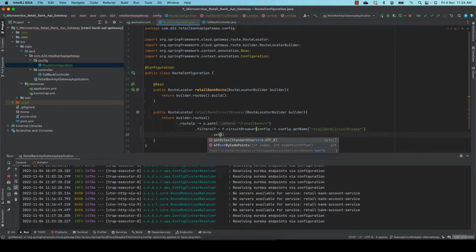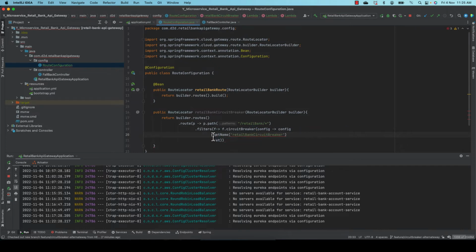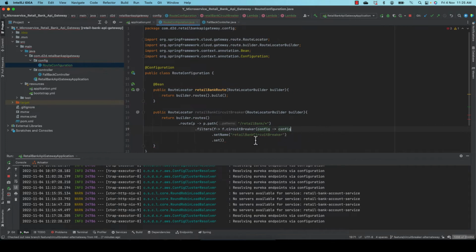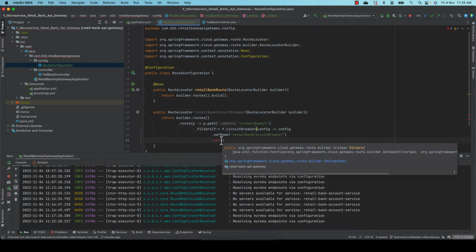Set circuit breaker, get name dot set. Oops, I think I made some mistake. Okay, here instead of get name, set name, get name, and here I need to give set